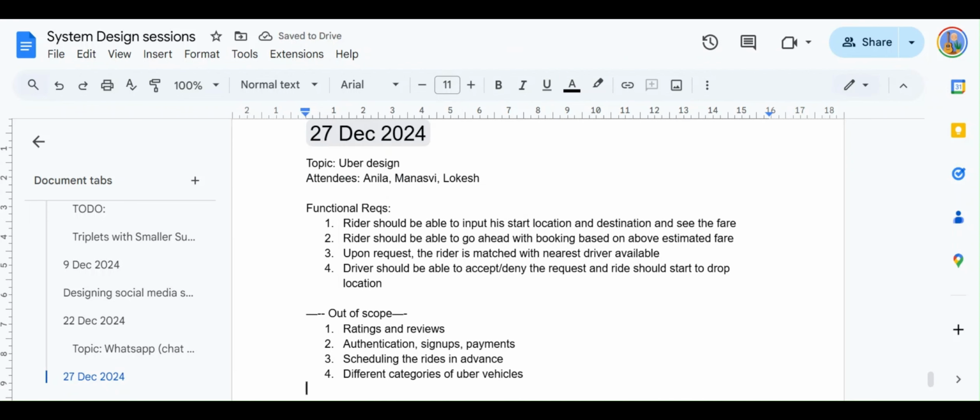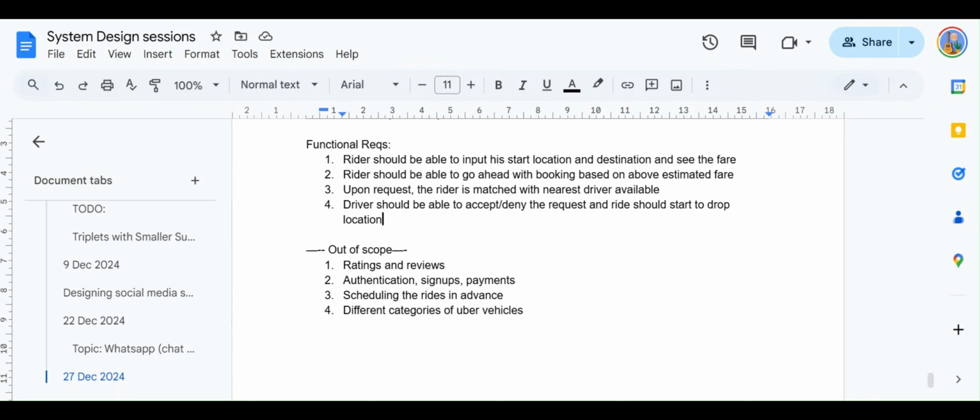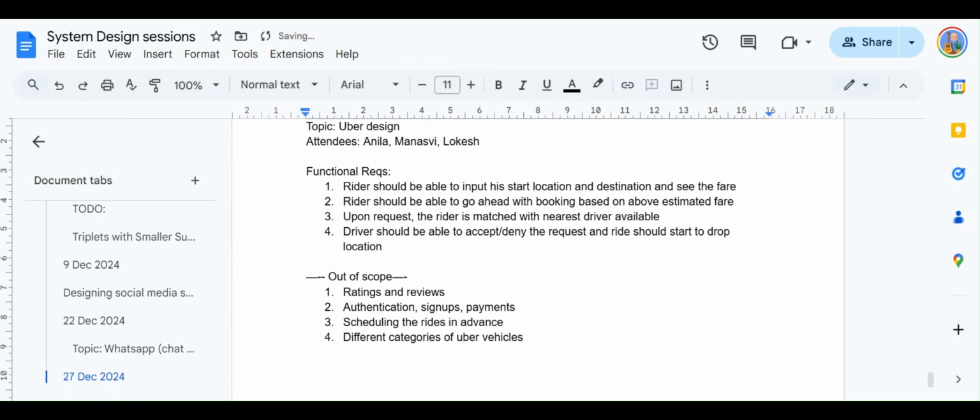So these are the functional requirements that we are going to build. These four are our basic functional requirements for this design. As I said, it's really important to keep just 3 to 4 functional requirements, and not more than that, in most system design problems.